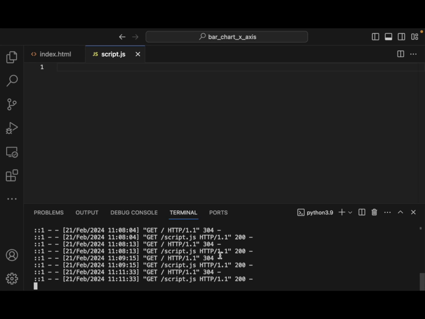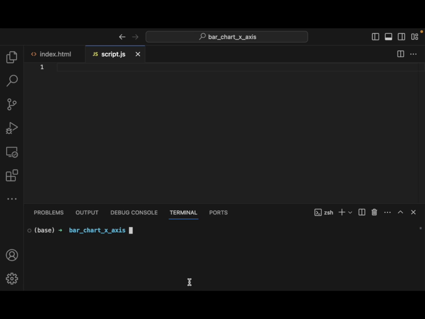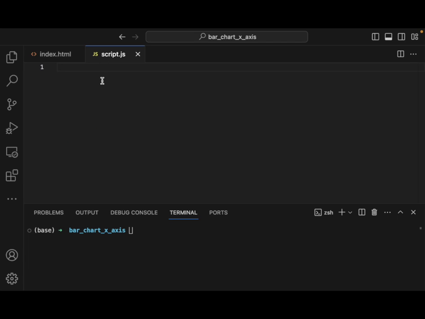So, let me go ahead and cancel this out. We have our basic boilerplate for our HTML. Today I'm not going to be using the onload. I'm just going to add a script here in the body tag, and that's fine. And so let's go ahead and create a